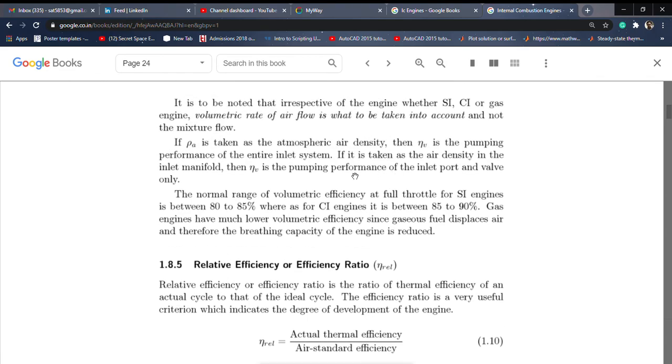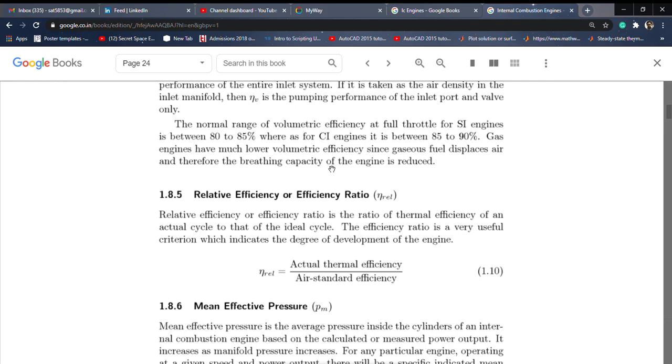So why is this parameter important? Because the more air that comes in, the more fuel we can add and the more power we will get from the same volume, because the cylinder volume is fixed. Okay, so the more air that comes, the more fuel, the better the burning, and we will get much better power output. So it is very important. The lower the volumetric efficiency, the more the power output will decrease. So it directly affects the performance of the internal combustion engine.